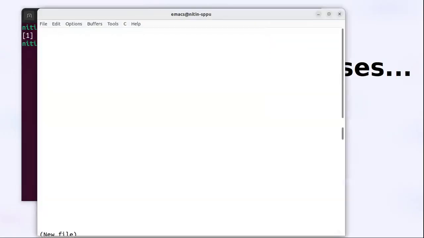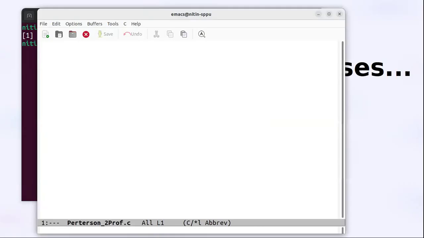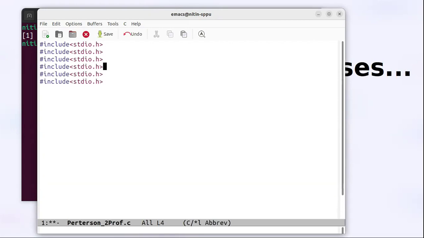So let us write this code. Let me include header files, #include. We will be requiring approximately 5 to 6 files because we would be considering 2 processes. So stdio.h, then stdlib.h, unistd.h, okay, then stdbool.h,